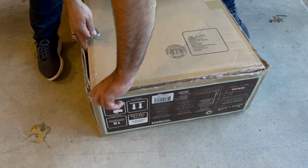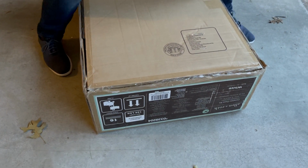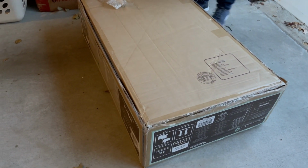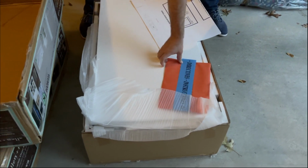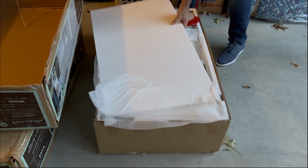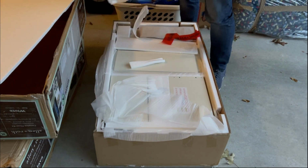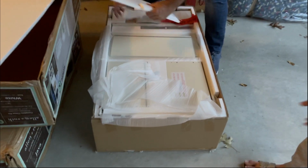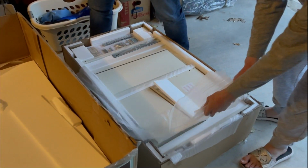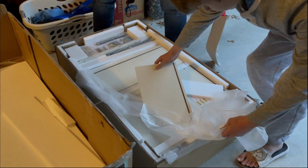I was really fortunate to find a white Allen Roth closet system at Lowe's, and it was on a big discount. It wasn't really on clearance, but for some reason they had marked it way down, and so I ended up getting 2 of them in the hopes that if this one goes well, I will do one of my other son's closets. So while you're watching us unbox this very well boxed closet system,